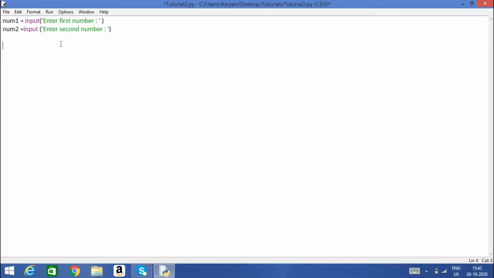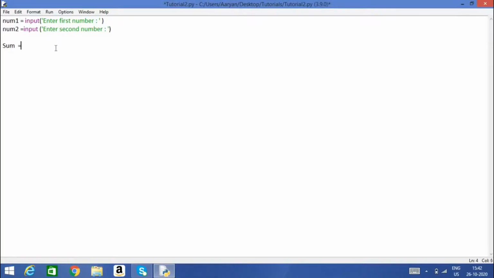We would add both of these numbers, so if we use sum, this would be the sum. It's already an inbuilt function, and I told you in the previous video about variables that we can't use inbuilt words. So let's convert one of these letters into uppercase, and as Python is case sensitive, now it's not a reserved word anymore.